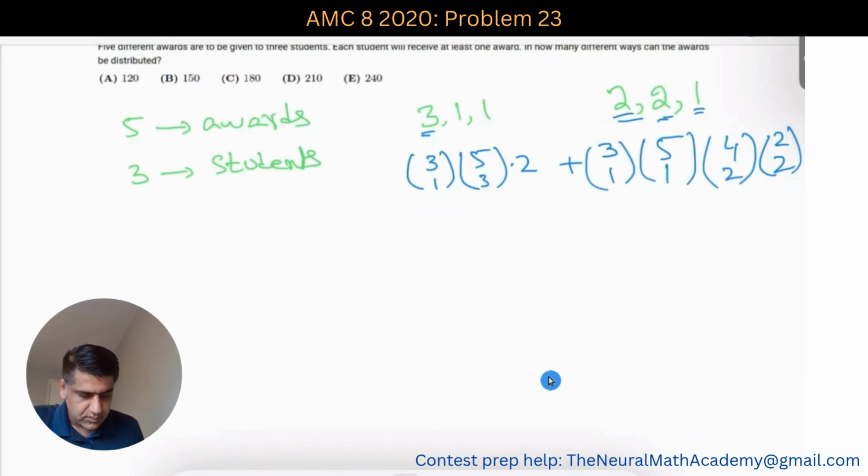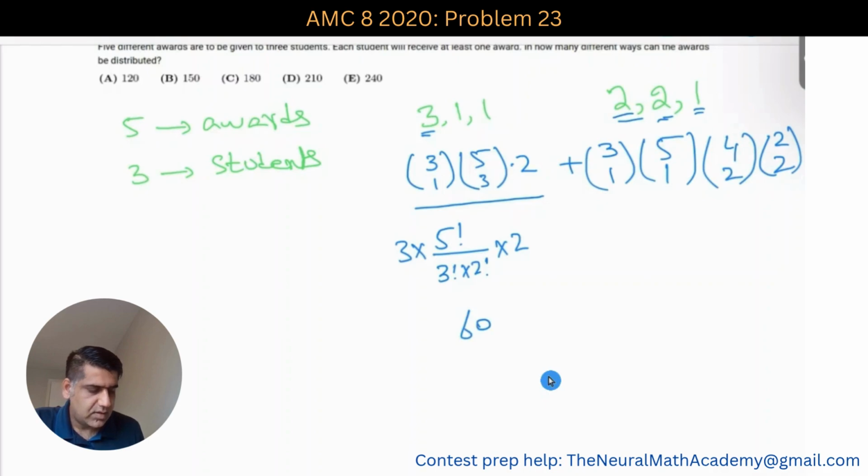Let's solve for the total number of ways. Let's solve this first: 3 multiplied by 5 factorial over 3 factorial into 2 factorial, multiplied by 2. If I simplify, I get 60 for this, and similarly if we solve the other one we will get 90. So the total answer is then